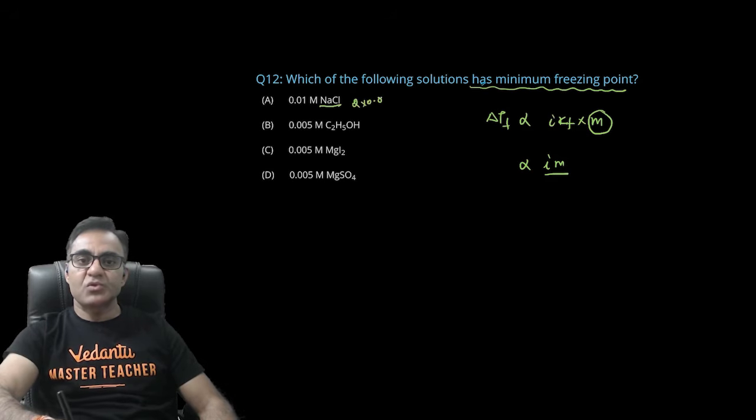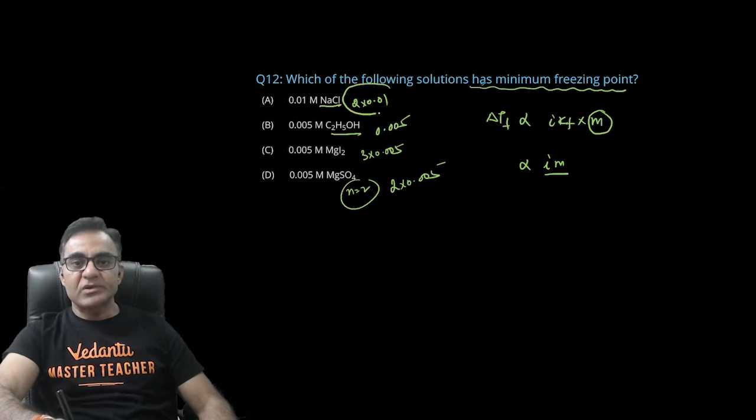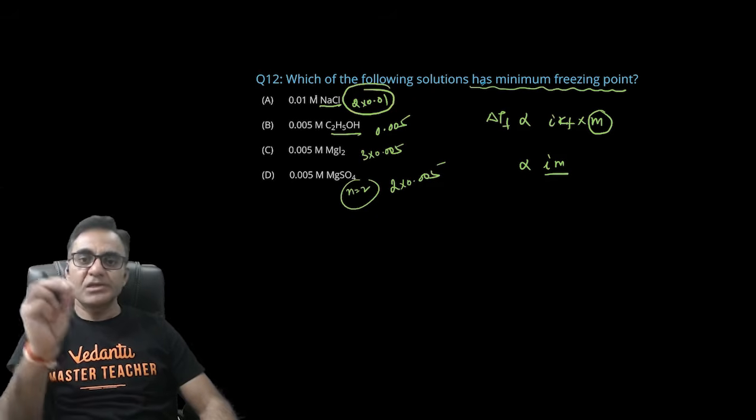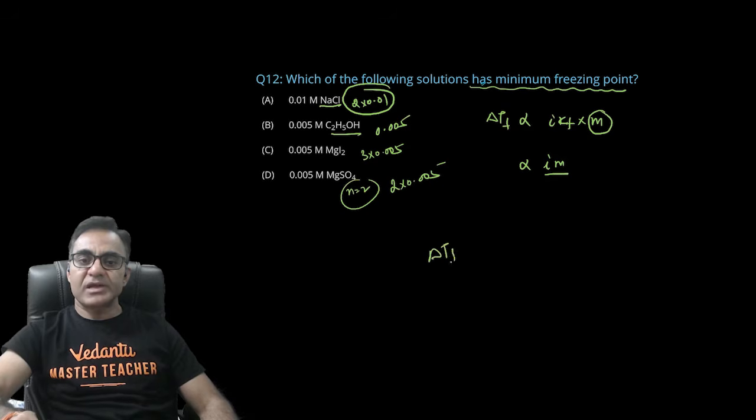तो देखो जैसे यहाँ पे NaCl का i 2 होता है तो 2 into 0.01, और ethanol का dissociation होगा नहीं तो ये केवल 0.005 ही रहेगा, और यहाँ पे n का value 3 है तो i का value 3 हो जाएगा, तो 3 into 0.005, यहाँ पे n का value 2 है यानी number of particles 2 है तो i का value 2 हो जाएगा, तो 2 into 0.005, तो सबसे ज्यादा value है ये, यानी i into molality is maximum for NaCl, so delta Tf will be maximum for NaCl,